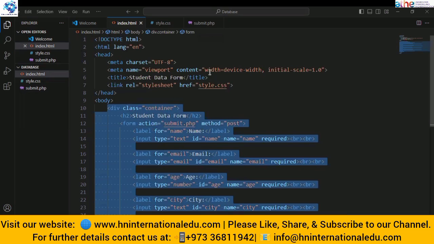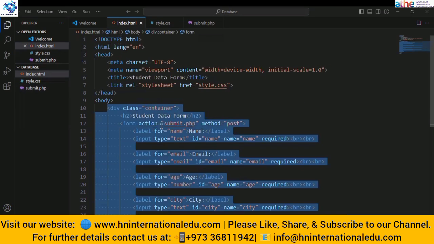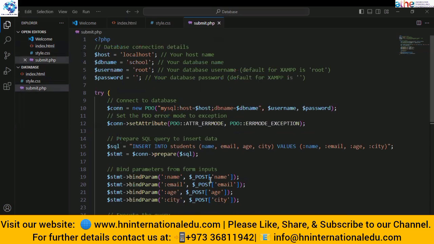You will create a new folder, and if you want to change your form names, like here you want to change the email to some other attributes, you just have to make some changes here, and then change the values where you want. That's it. You will leave the rest of the code as it is, and then you will run that code. So that is all the things that you have to do.